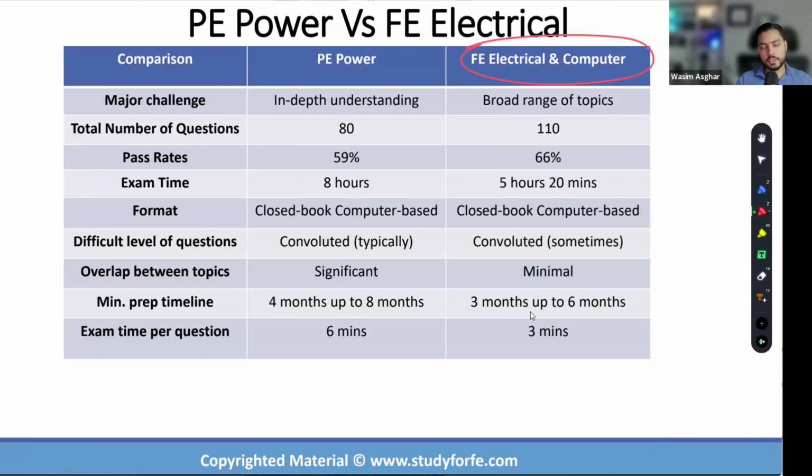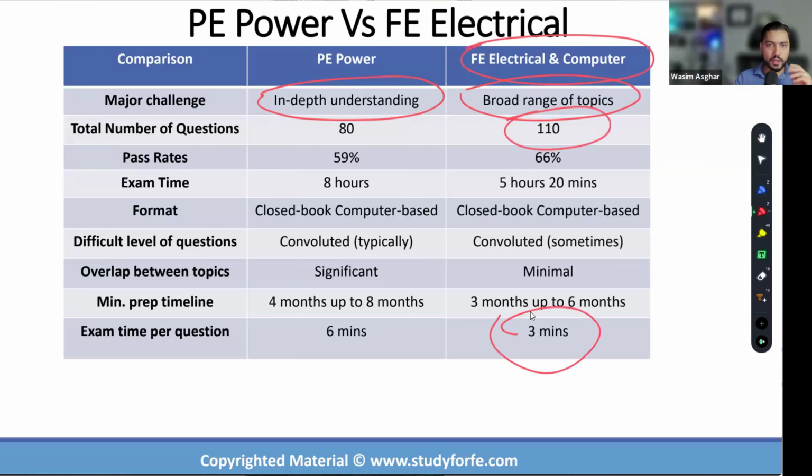The major challenge when we come across P-Power is in-depth understanding. Whereas a major challenge in FE Electrical is broad range of topics. So if you take a step back, look at FE Electrical and Computer exam specification, we have 17 sections covering entire undergraduate engineering coursework. You are tested in 5 hours and 20 minutes, 3 minutes per question, 110 questions. So broad range of topic, and you are in a race against time as soon as you get started